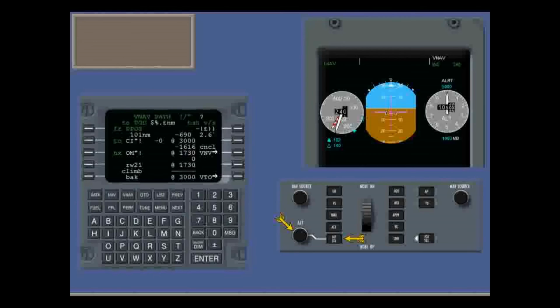When cleared by ATC, normal procedure is to enter your clearance altitude and press Altitude Select. Note that this has priority over VNAV. So at 5,000 feet, the aircraft will level off and cancel any VNAV mode unless you change the pre-selected altitude.